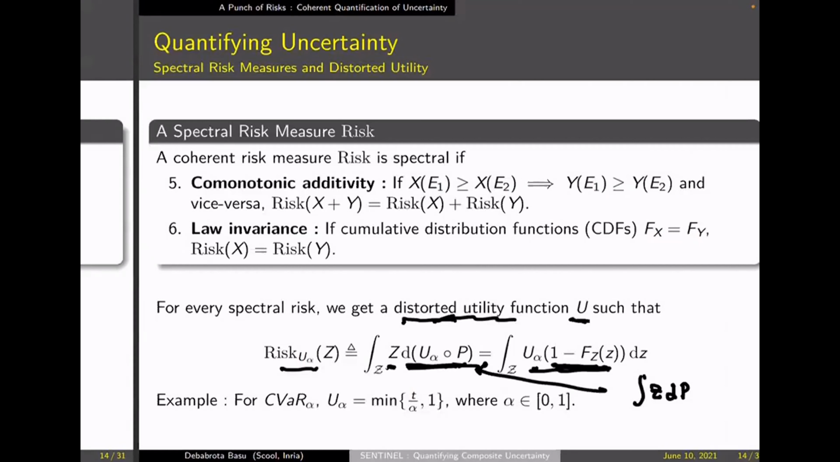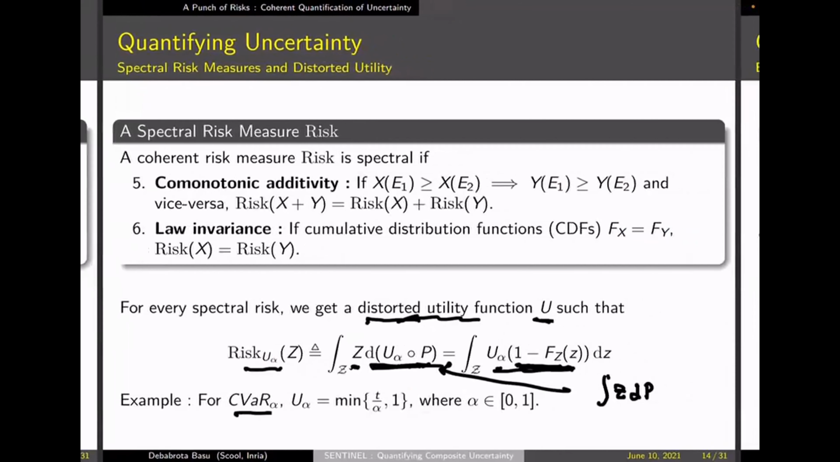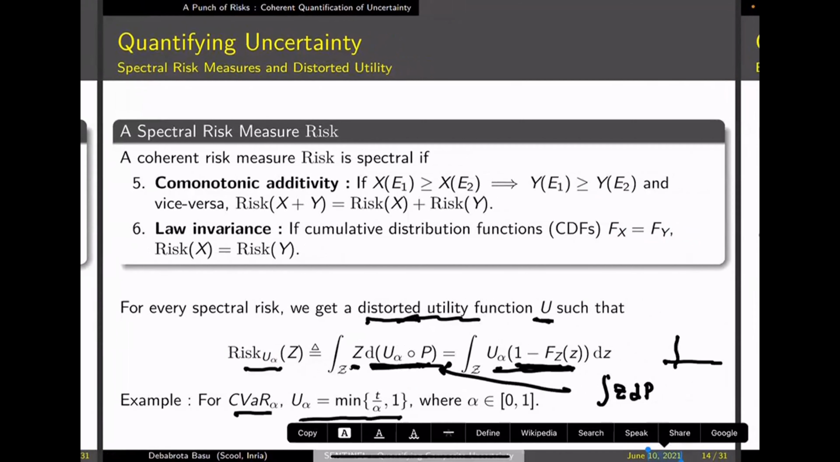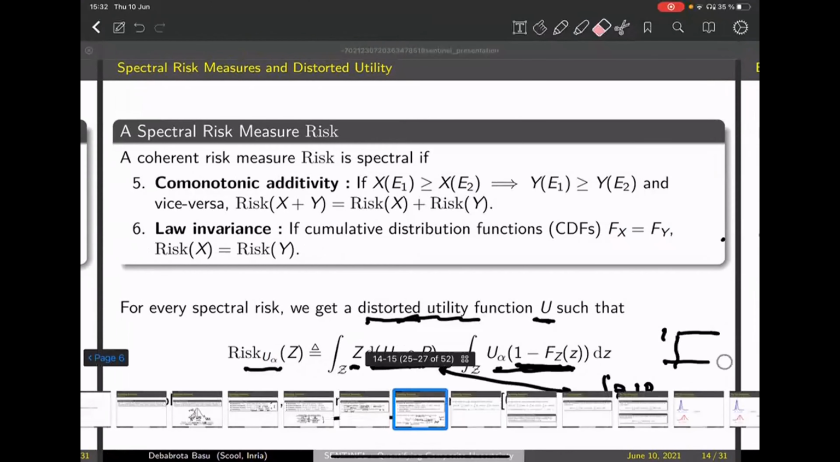And we know that for CVaR and most of the commonly used coherent risks, we can get such a U. For example, for CVaR, it is just the minimum of t divided by alpha, or 1. So basically, it looks something like this. If you have the axis up to here, then for this x-axis being t,